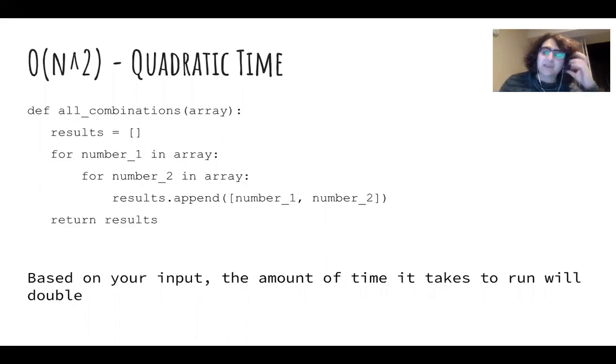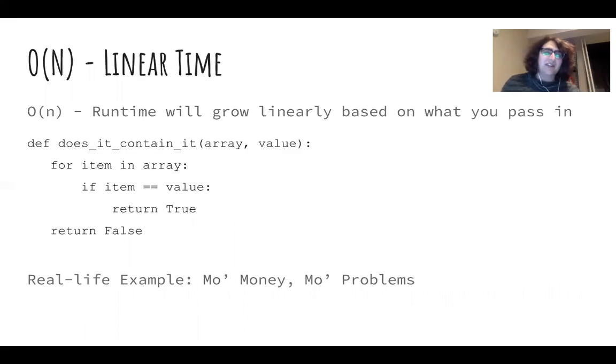All right, yeah. So those are the three most common you're going to run into: power O1, On, and On squared. A few things to keep in mind as well about this when we talk about n is that we don't measure constants when we talk about this. So say, for example, in our linear time thing,